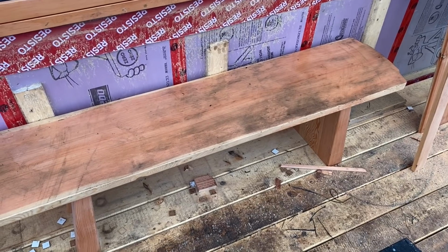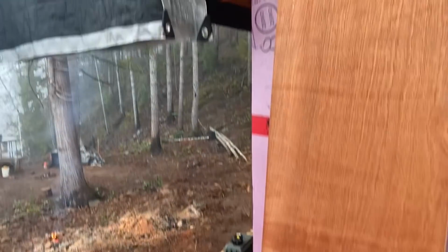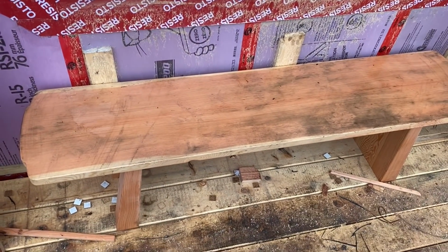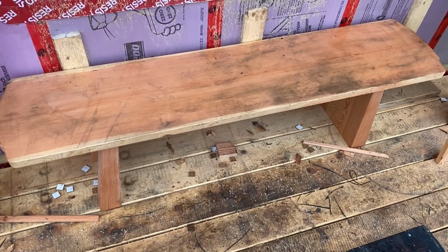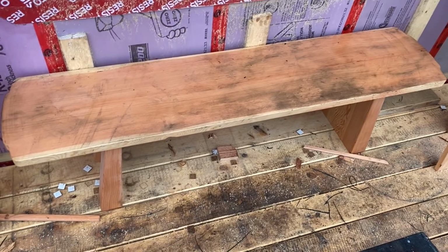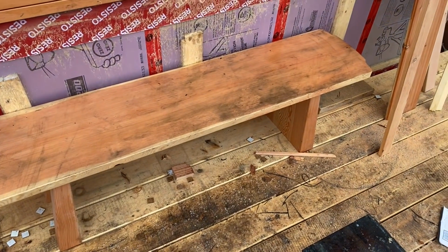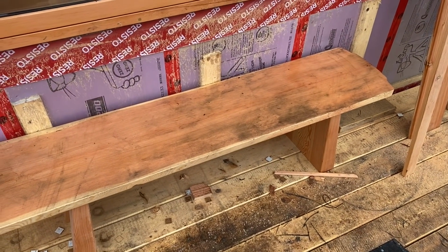So the first night we came up here, there wasn't really room under the covered porch here. So I just put this out here. It didn't rain, but it's super foggy, so it got all dewy. And then we woke up to staining on here, and I was like, what the heck? And then I realized that I had this bench sitting right next to